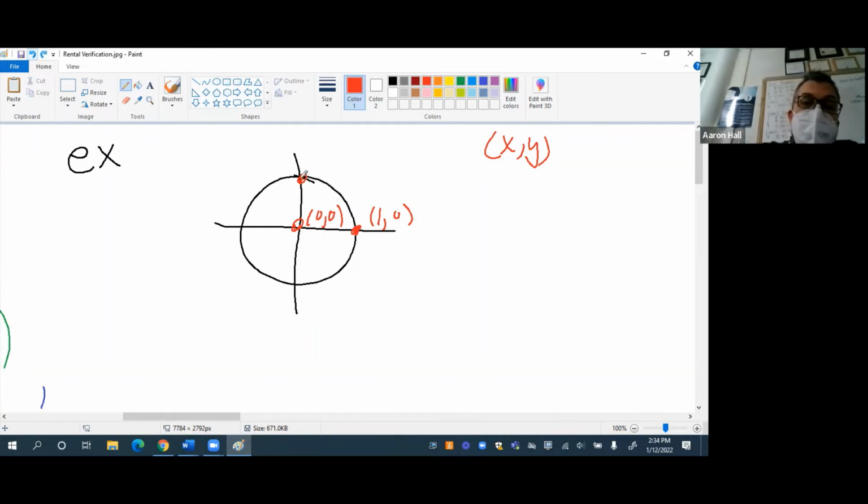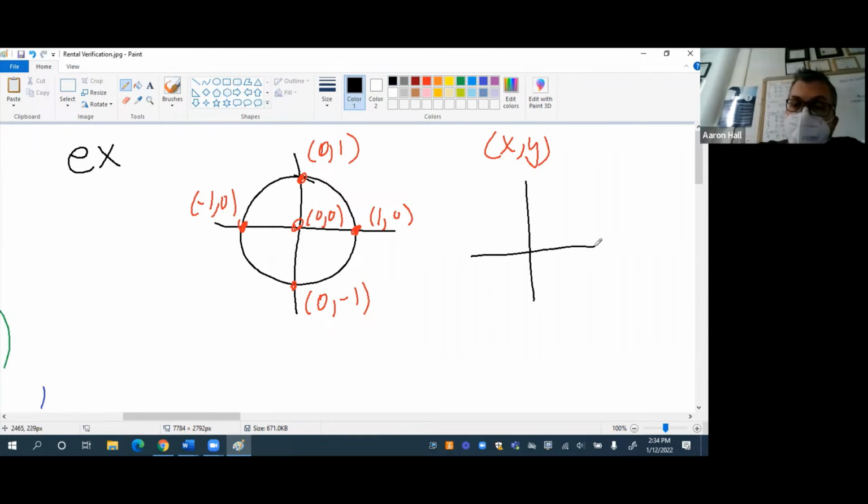What's this point right here? That would be 0, 1. What's this point here? Negative 1, 0. What's this point right here? 0, negative 1. And let's consider that if we have, here's our unit circle again, and I have some point